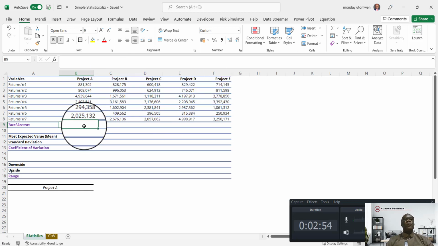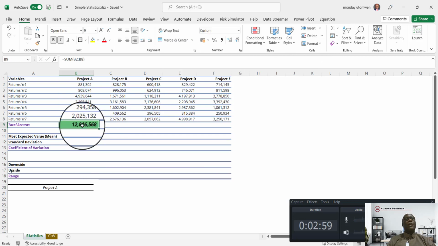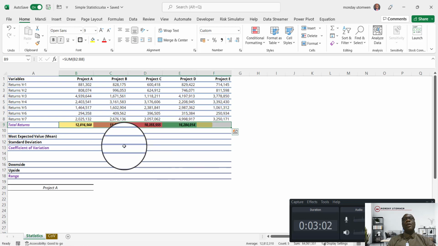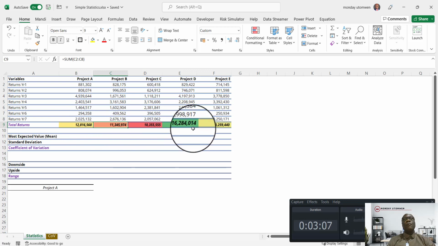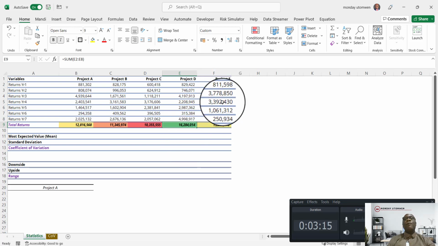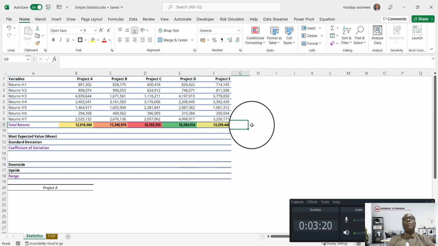What if we do the summation of the entire return for 7 years? Let's see what that will look like. If we are looking at the entire summation, the entire return for 7 years, we can see that project D comes up as the best choice of investment, followed by project E. So based on this, we select projects D and E. This is what we call our